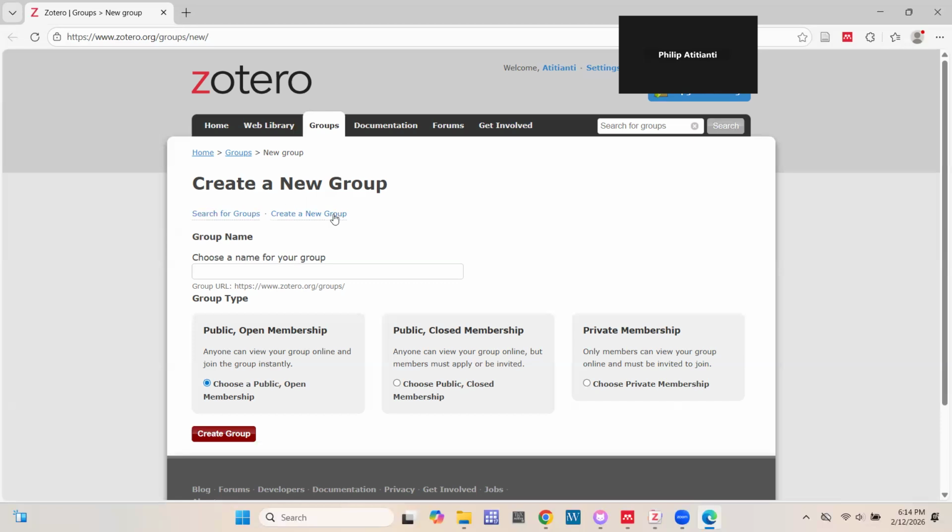You can search for a group or create a new group. Now we have the public group with open membership, the public group with closed membership, and then the private membership group. Now, the difference, I think, is obvious. Over here, it says anyone can view your group online and join the group instantly. Anyone can view your group online, but members must apply or be invited.